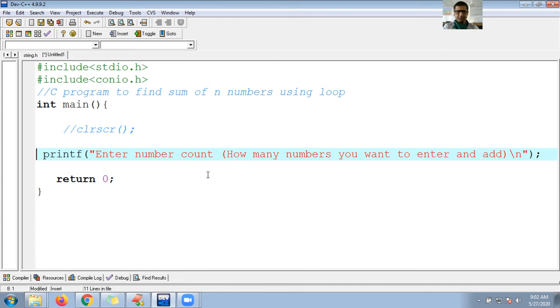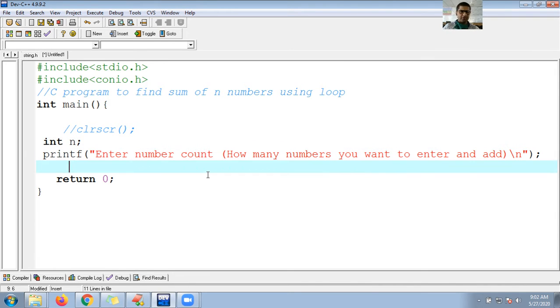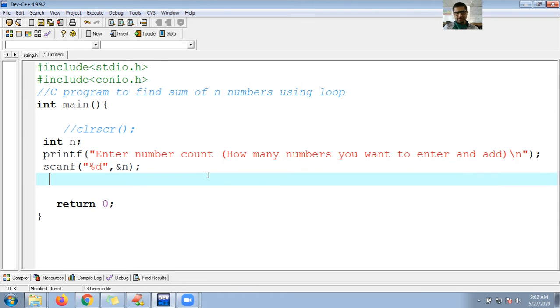Okay, fine. And after that I need scanf. So the user will enter a value, and for that purpose I need to take a variable. So here I took an integer variable n. Whatever value has been entered by the user, let me hold it in the variable called n. To read that value I have to use a function called scanf. So here is my scanf. The entered value is of type number, so I have to use the format specifier %d. And here let me hold that value using the address of the n variable. Okay guys, so this is the count.